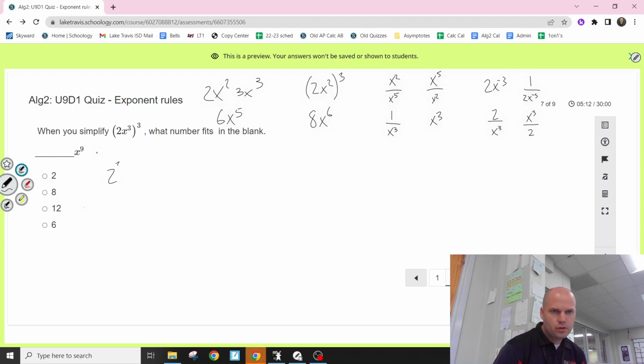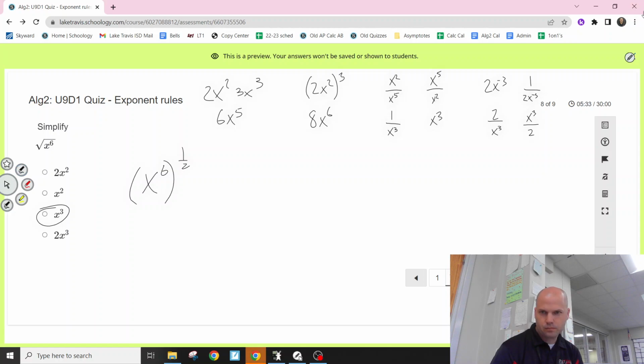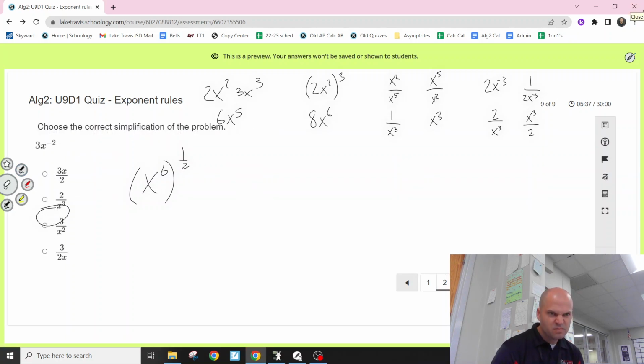Two cubed, x cubed, cubed. 2 cubed plugged into your calculator is 8. Another simple one, x to the 6th to the 1/2 power: power to a power, multiply the powers, x cubed. And then finally this negative exponent,